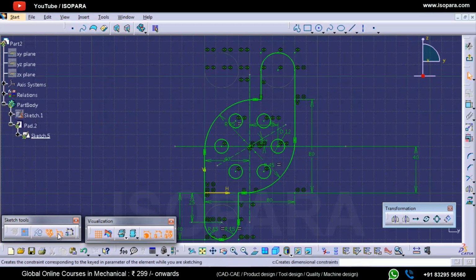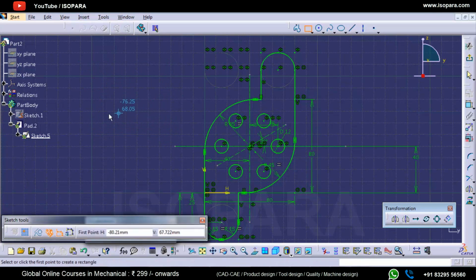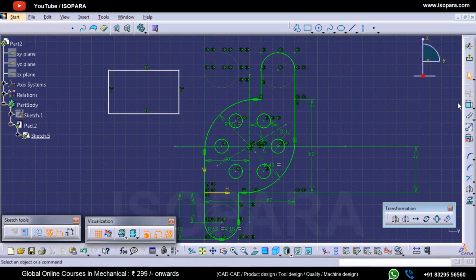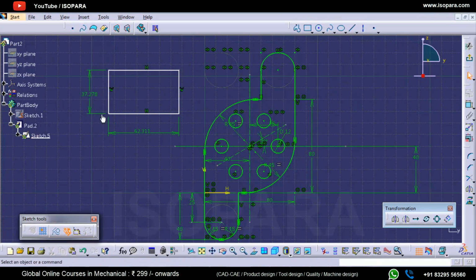And the next command is the dimensional constraint. If I create a rectangle here and create a dimension, it is working right now. If I uncheck this dimensional constraint and create a dimension, now I will show you how it affects your sketching.